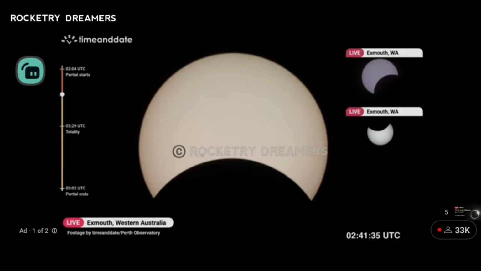And then we have the next eclipse on April 20, 2023, a hybrid solar eclipse. The Saros for this eclipse is 129 and the gamma is minus 0.39515